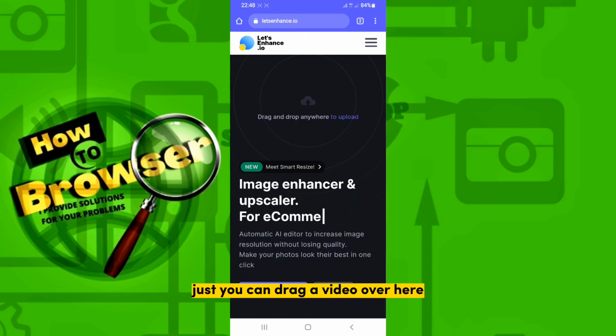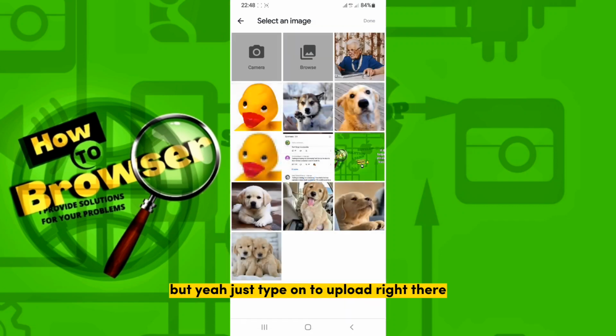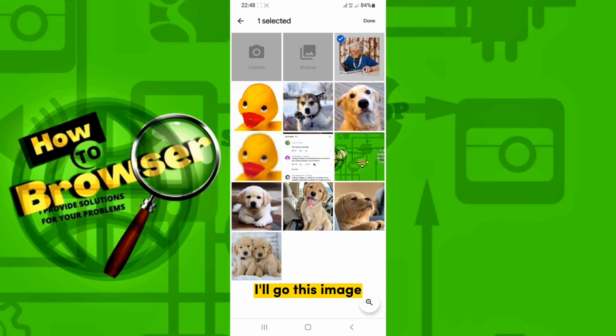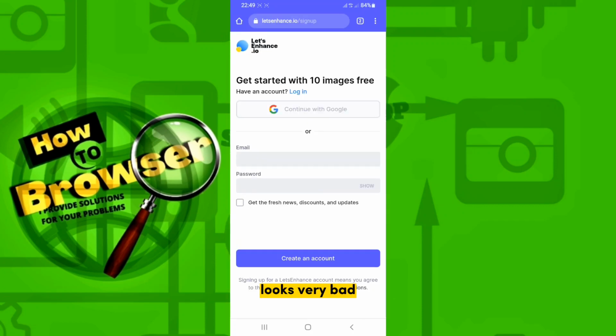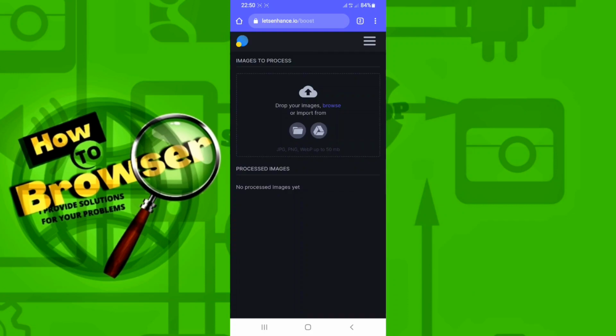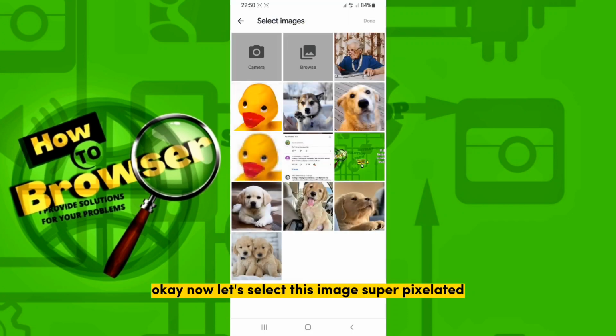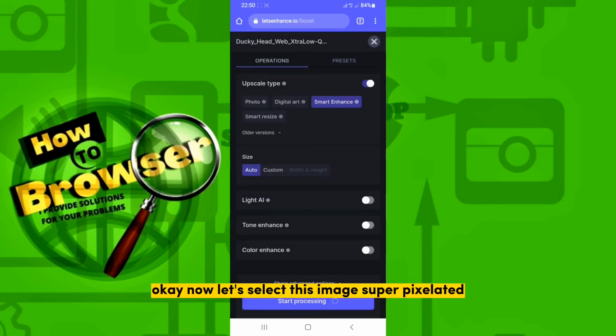You can drag an image over here if you're using a computer, but I suppose you're using a phone because that's the title of the video. So you just tap on upload right there and select your image. I'll go with this image, or actually let's use this one. That's very pixelated, looks very bad. Okay, now let's select this image. It's super pixelated. Here we can upscale